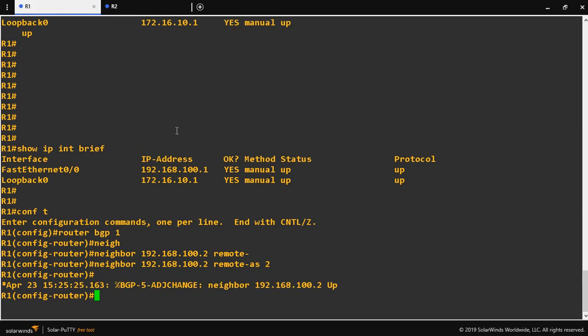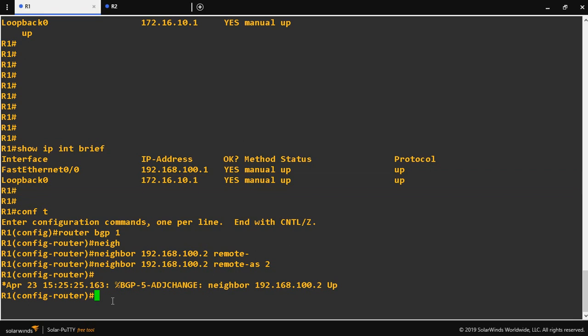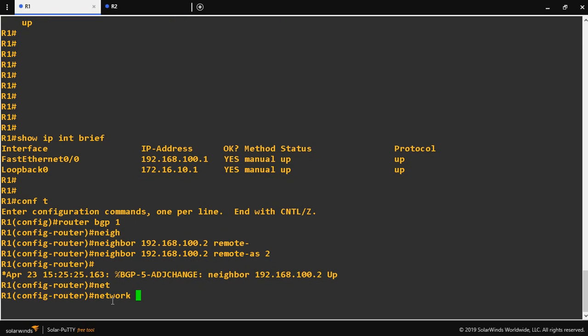So in R1 the directly connected network is 172.16.10.1. So this is a loopback network. So this network I am going to advertise. Then only the R2 router can learn this network. So the syntax for advertising this network is you have to give network. Network is a keyword. Next you have to give the IP, the network ID